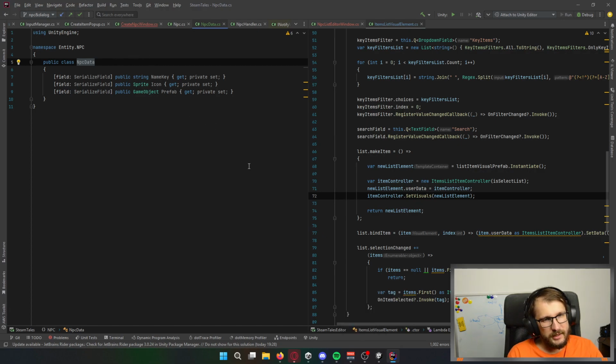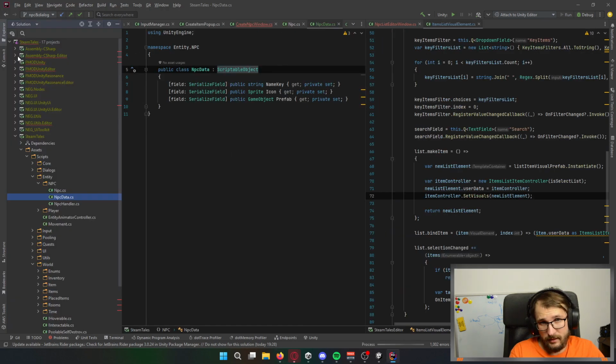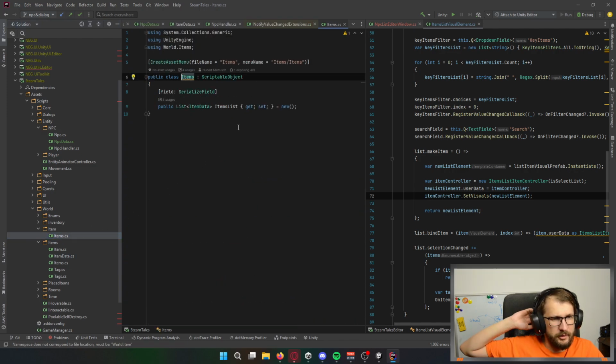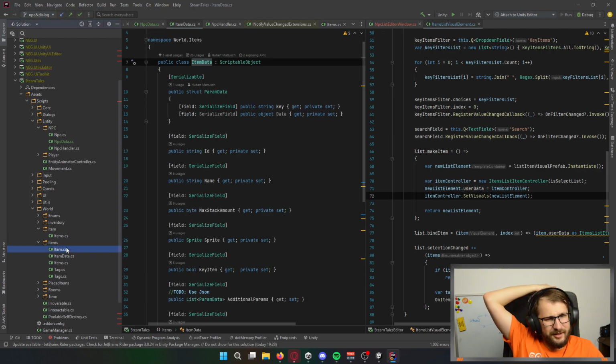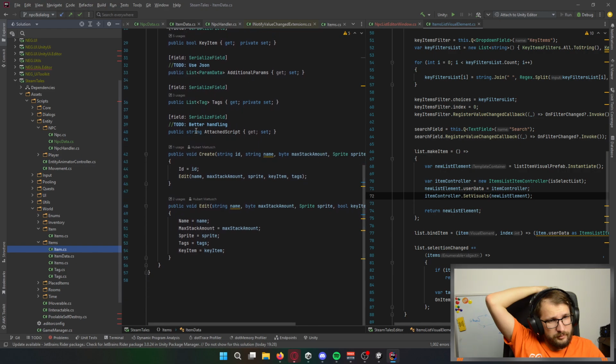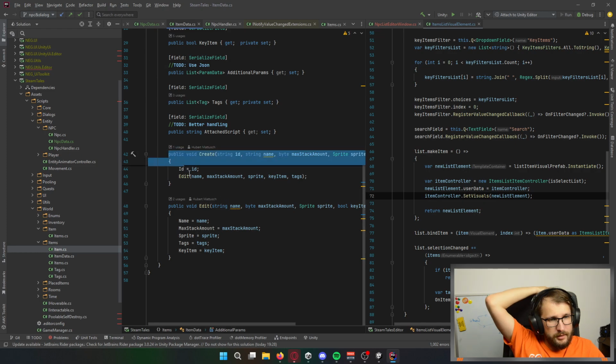Does this NPC data have to be a serialized scriptable object? I think yes, or maybe no. Let's check with items. What is items? Oh, why is it here? So I've got my create method and edit method. Okay.